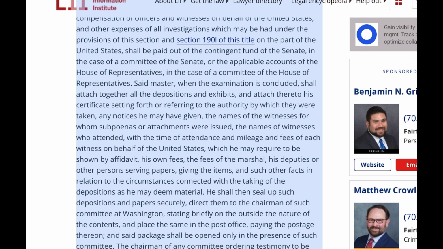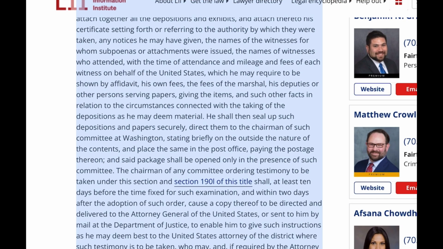The chairman of any committee ordering testimony to be taken under this section and Section 190 letters of this title shall, at least 10 days before the time fixed for such examination, and within 2 days after the adoption of such order, cause a copy thereof to be directed and delivered to the Attorney General of the United States, or sent to him by mail at the Department of Justice, to enable him to give such instructions as he may